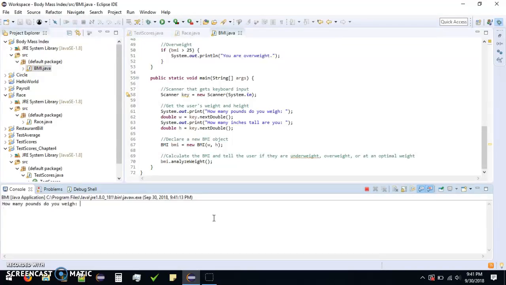Alright, so this guy weighs 200 pounds, and he's 70 inches tall, so now he's overweight. Alright, so if we run this again, we'll say he's 200 pounds,